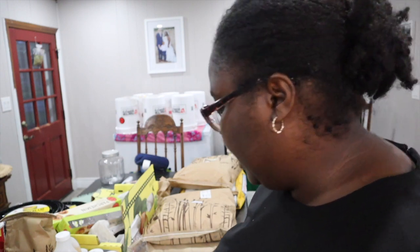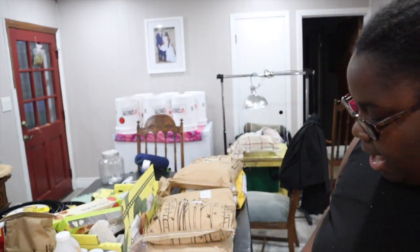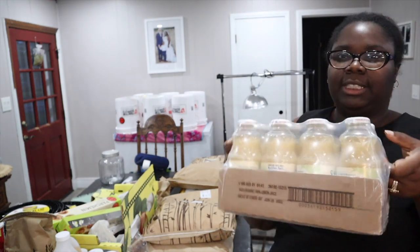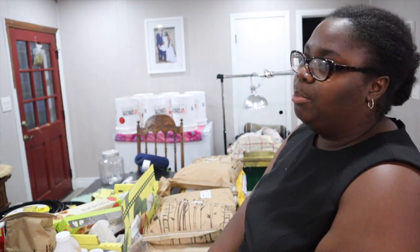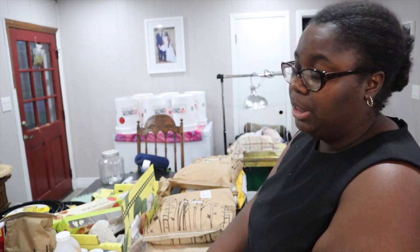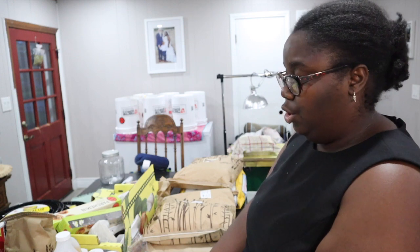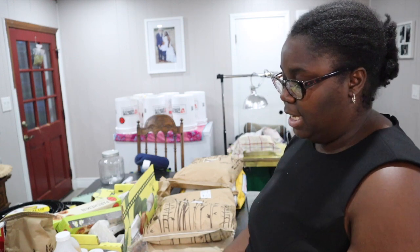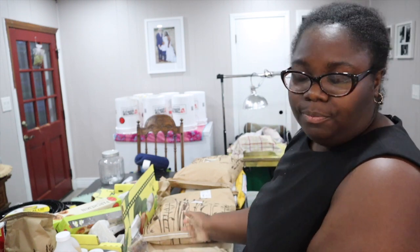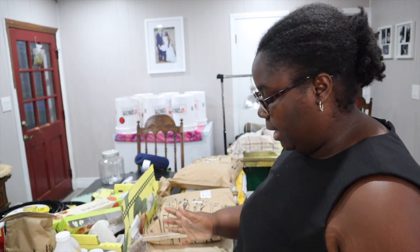This was refrigerated, but I don't think it has to stay in the refrigerator, so I'll show this to y'all next. I got 8 Santa Cruz 100% lemon juice, the 16 ounce bottles. When you use canning, pressure canning, water bath canning, what have you, you need a lot of lemon juice. And we have a Meyer lemon tree, but when you can, you really want to use bottled lemon juice because they can regulate the acidity and get it pretty much the same every single time. Your homegrown lemons, one may be more acidic than the other depending on how long you leave it on the tree. Anyway, so I went ahead and got a case of those because canning season has started,